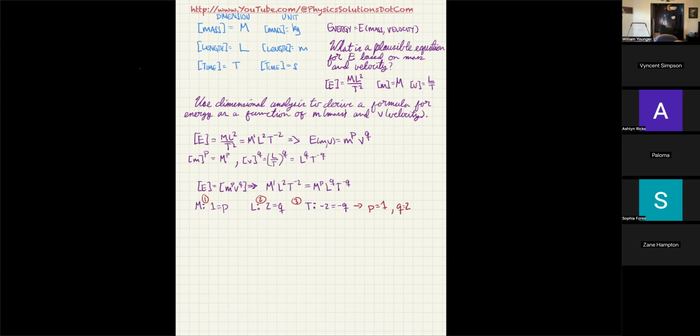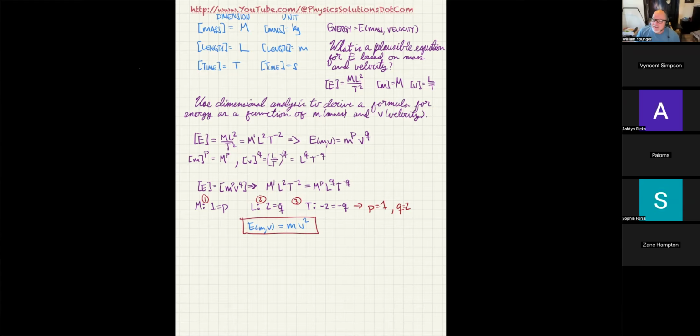So that's it. We can now say that energy E as a function of mass and velocity has got to equal m to the p. That means m to the 1 power, and we normally don't write a superscript of 1, and then v squared. So if you think in terms of Einstein's famous equation, we got it. In that case, though, we were actually specifically talking about the speed of light instead of just random speed. So we would actually derive E equals mc squared just by using dimensional analysis. That's what we just succeeded in doing with no understanding whatsoever of the physics behind this.